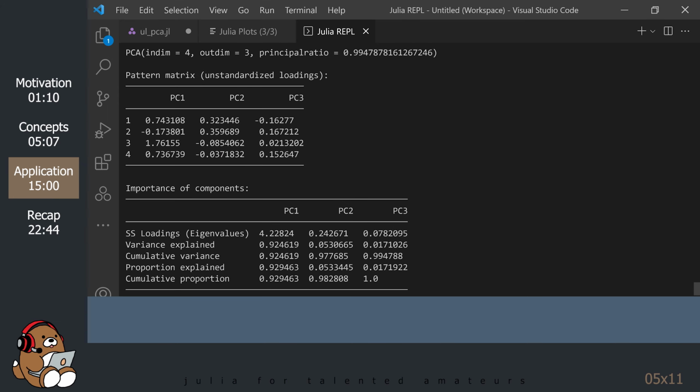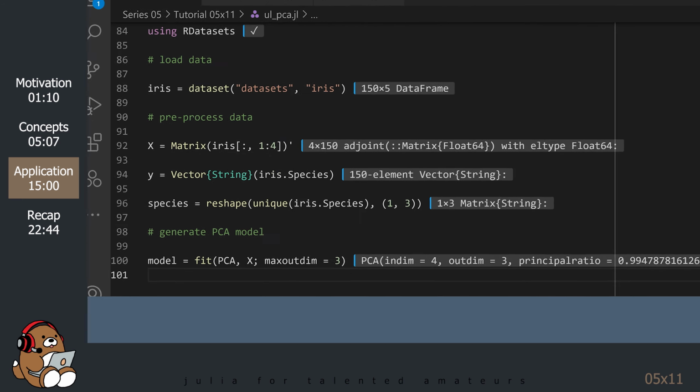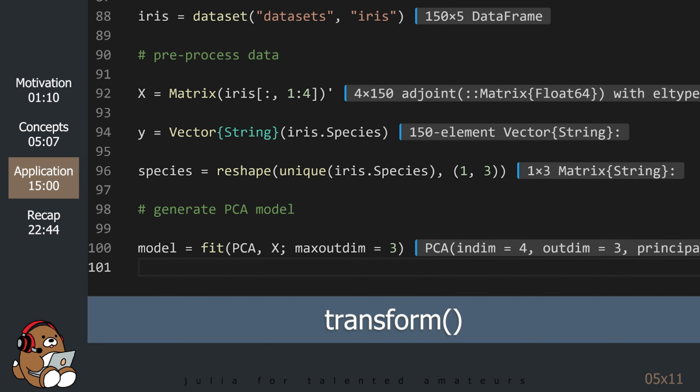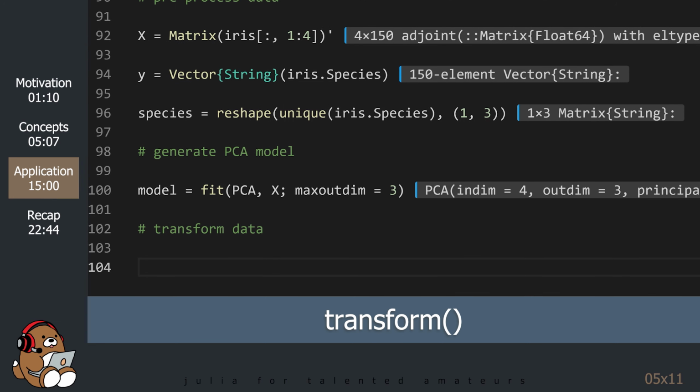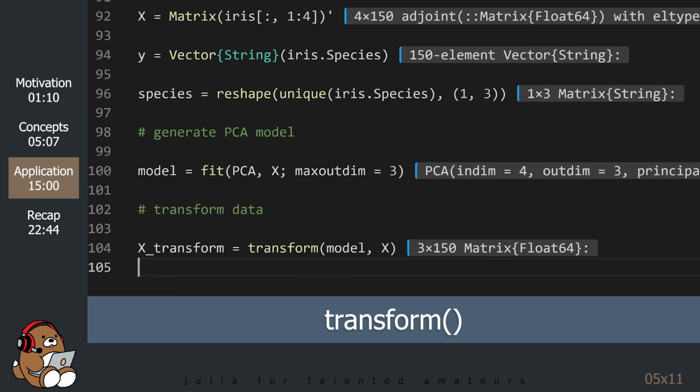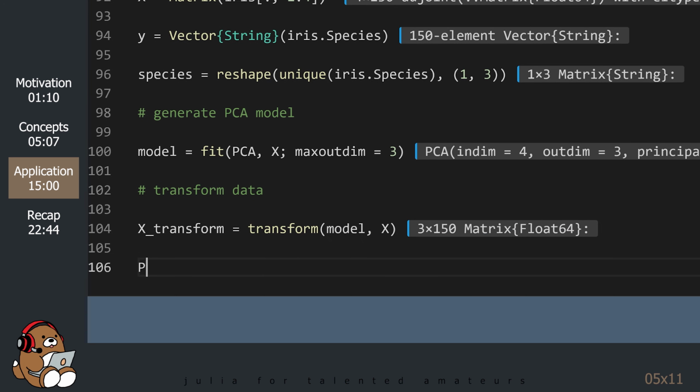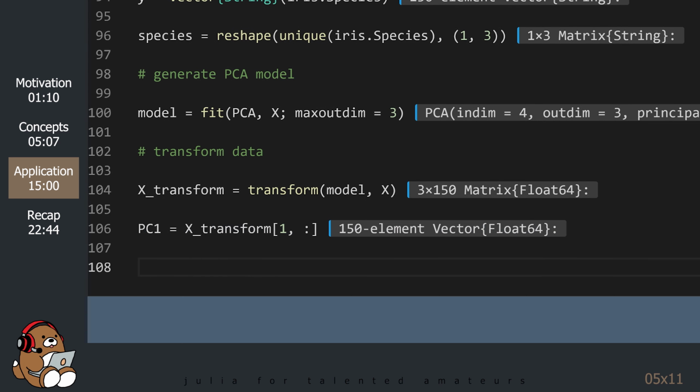As amazing as that might be, staring at a bunch of numbers is not as fun as looking at a plot, so let's move on. Before we can generate our plot, we need to use the transform function to generate the data for our plot. The result is a 3x150 matrix, with each row being one of the principal components.